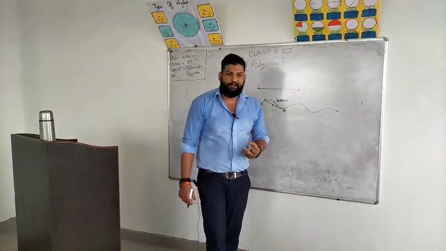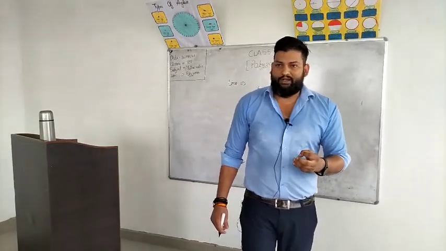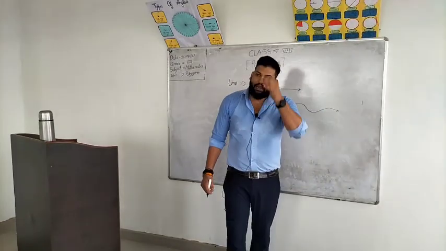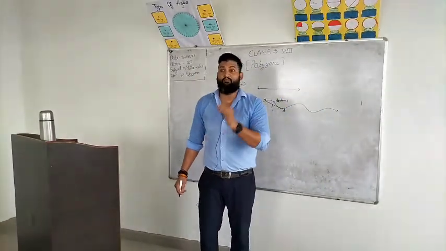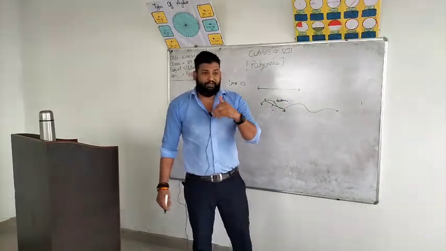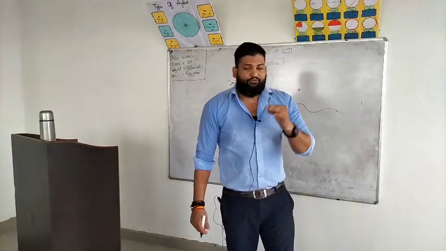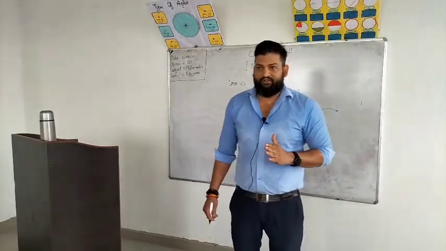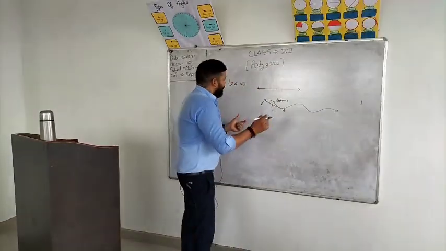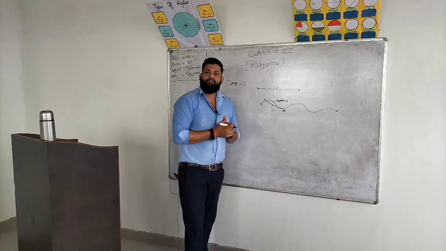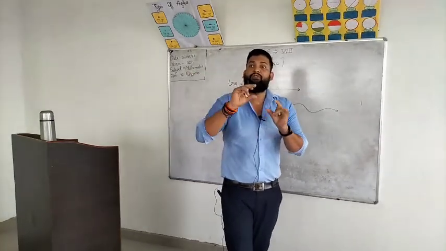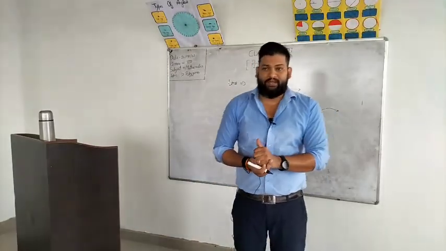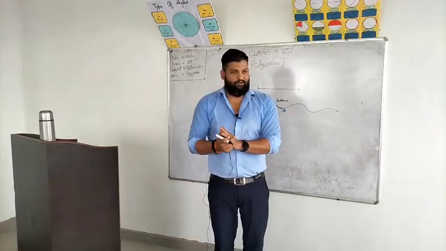So from here we will describe the definition of straight line. What is the straight line? For a straight line you will always find the distance and displacement are equal. But for a curve line, you will find distance and displacement are different. Is that clear? So what is the definition of a straight line? In which figure do we find distance and displacement are equal?